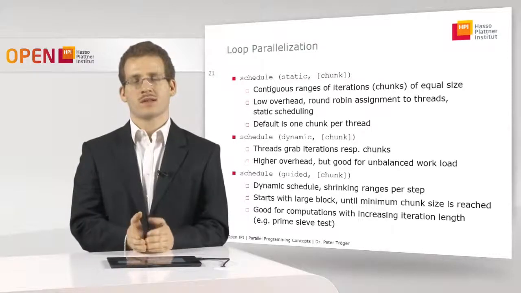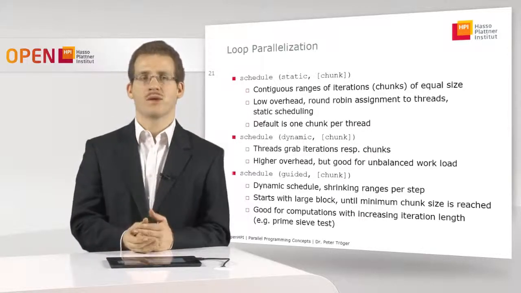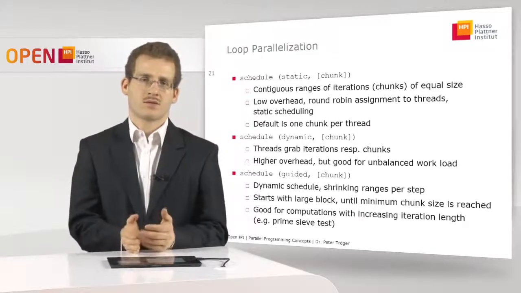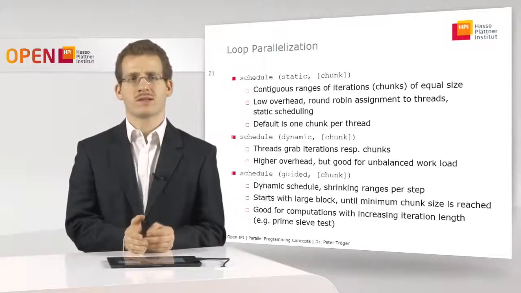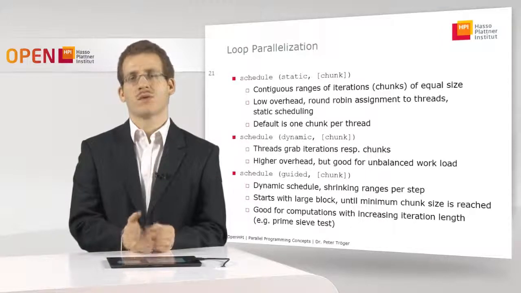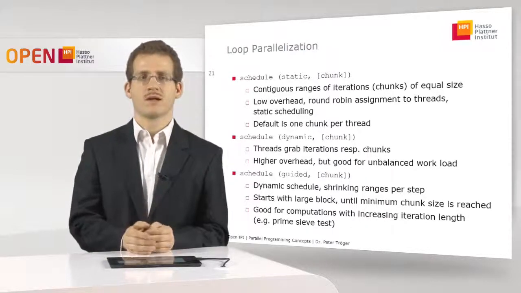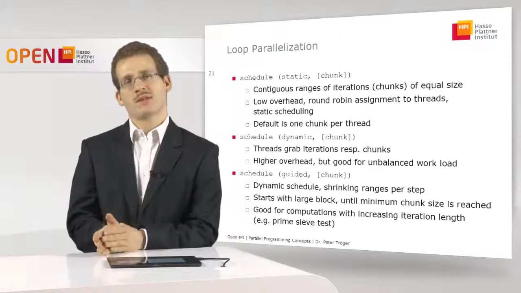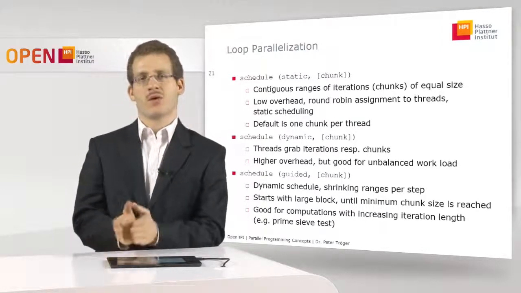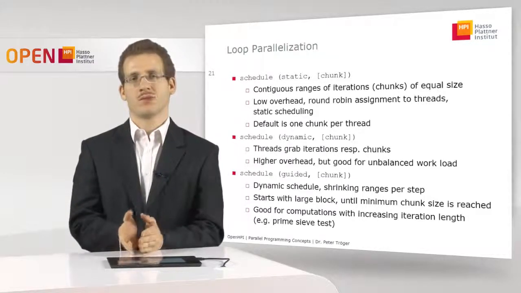The good thing about such static chopping of your work is that it does not take too much overhead, so you have a comparatively low overhead for the parallelization itself. You can just do a round-robin assignment of tasks to threads, and the whole scheduling is very static. The problem is that this only works if all of your loop body executions more or less take the same